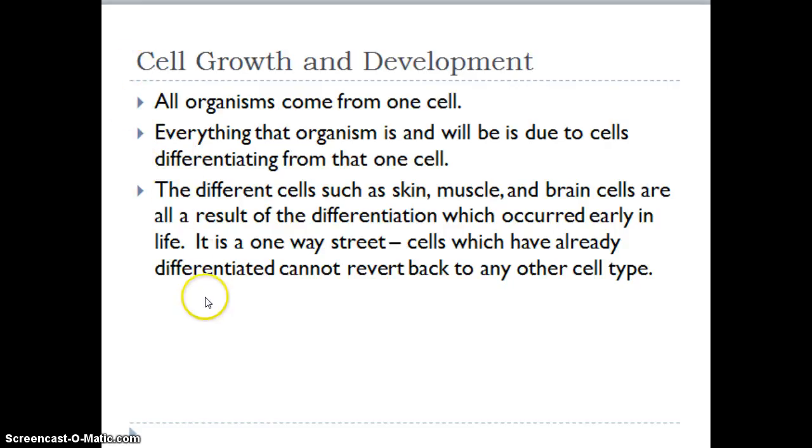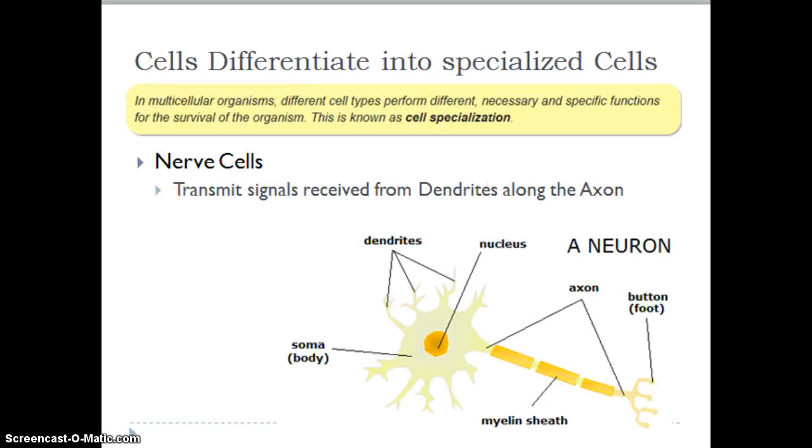Growth, cell, and development. That's the next cell process. All organisms come from one cell. Everything that is an organism is due to differentiating cells from that one cell. And the difference, such as skin, muscle, brain cells, are all a result of differentiation. This differentiation results in, say, nerve cells. That's a good example. Multicellular organisms, different cell types perform different necessary and specific functions for the survival of the